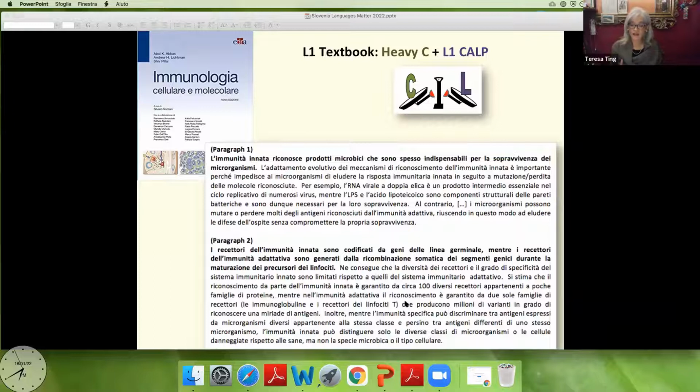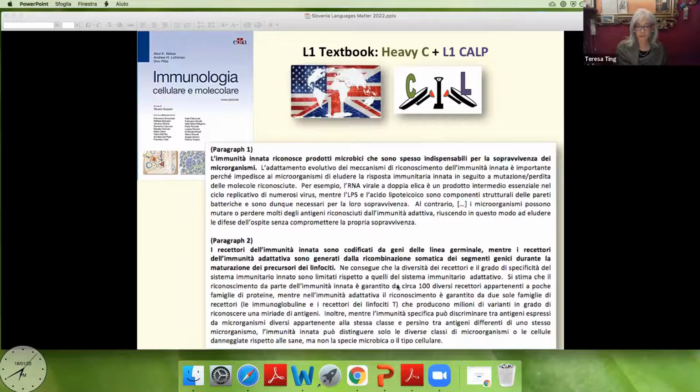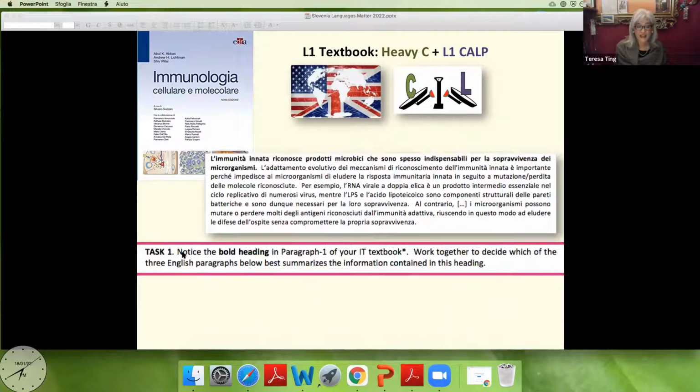Now we're going to look at how we tackle this L1 textbook, because our problem in Slovenia and in Italy is that students must learn Slovenian and must learn Italian. Okay, we have to preserve our languages. So how are we going to do this? We're going to use English. The task is,